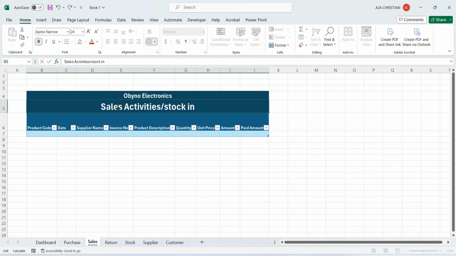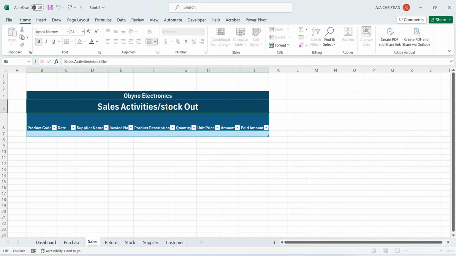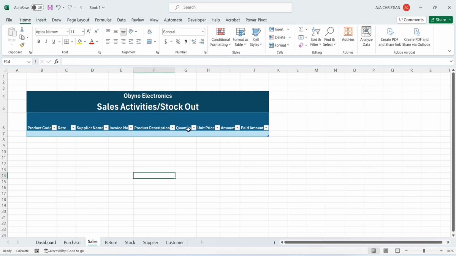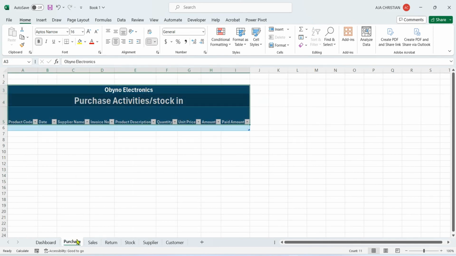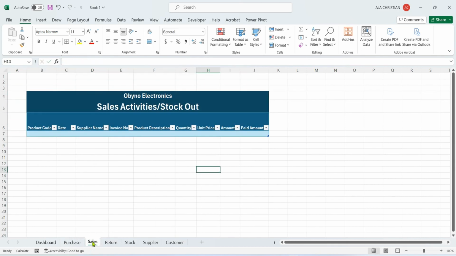Sales activity. Stock out. So we are taking our stock out when we make a sale. Stock in and stock out. Okay. So we'll move again, we'll copy